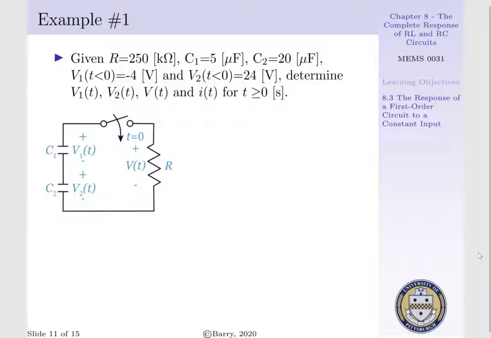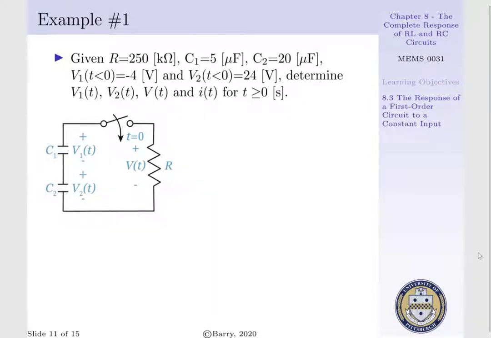Let us consider the following example. Say we have two capacitors, C1 and C2, in a series configuration that are connected to a switch that is initially open. At time t equals 0, the switch closes, which then allows current to flow from the capacitors through a resistor. If the resistor has a value of 250 kiloohms,